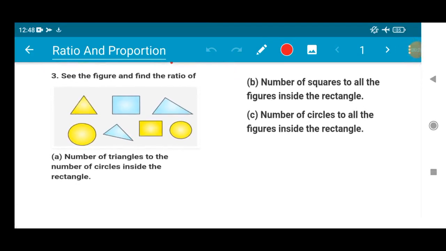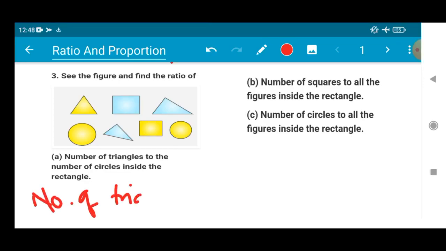Number 3 states, see the figure and find the ratio of the number of triangles to the number of circles inside the rectangle. Very simple. You have to count how many triangles are there, count how many circles are there, and then find the ratio between the two in the given figure. Okay, now